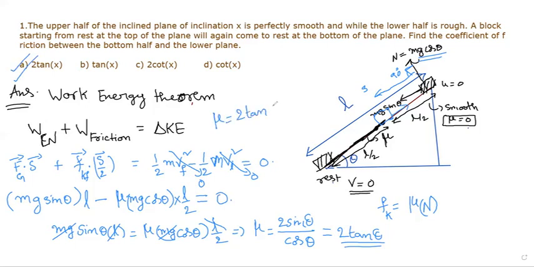That is actually what the question provided to me, and I could not draw the theta somewhere here, so I put it as x over there. So that's 2 tan x. If x is the inclination, if it's theta, that's 2 tan theta. Hope it's clear how to handle this. This question can be handled by using the concept of the work energy theorem.